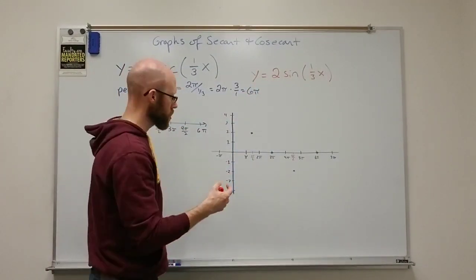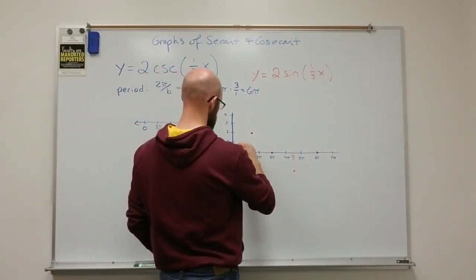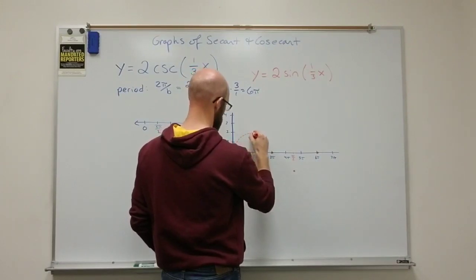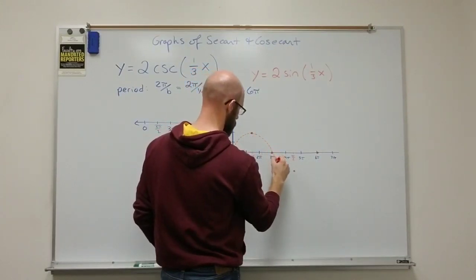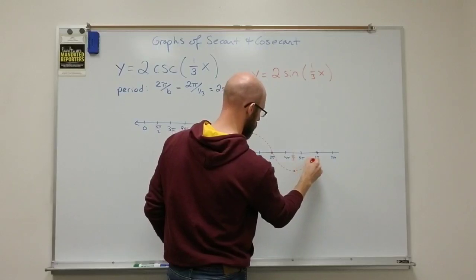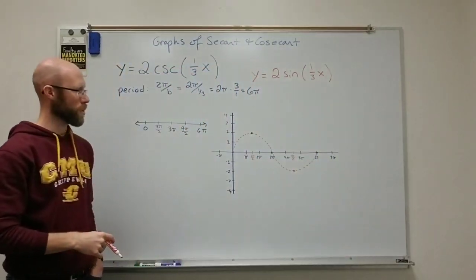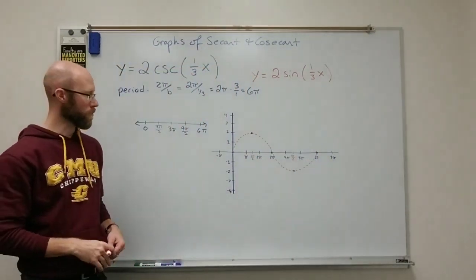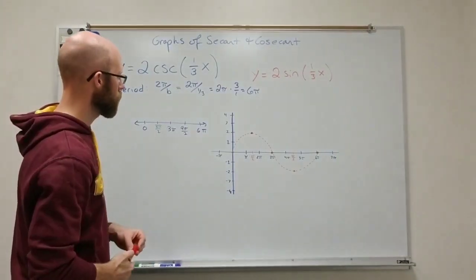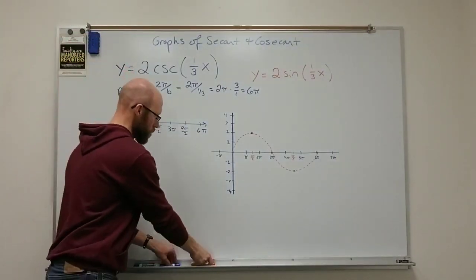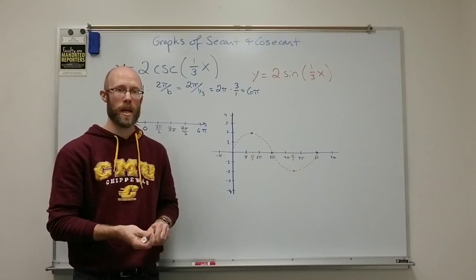Alright, so I'm just sketching this in. I'm doing this sort of dashed and in another color, just so you can see what the sine would look like over that interval. Okay, so now the cosecant. What I would do to transition to the cosecant is I